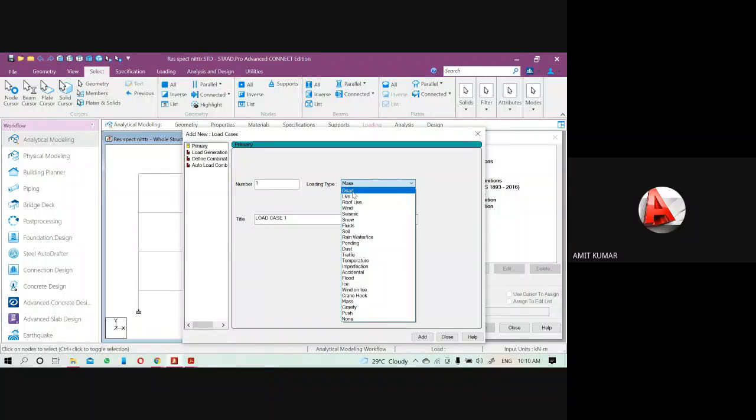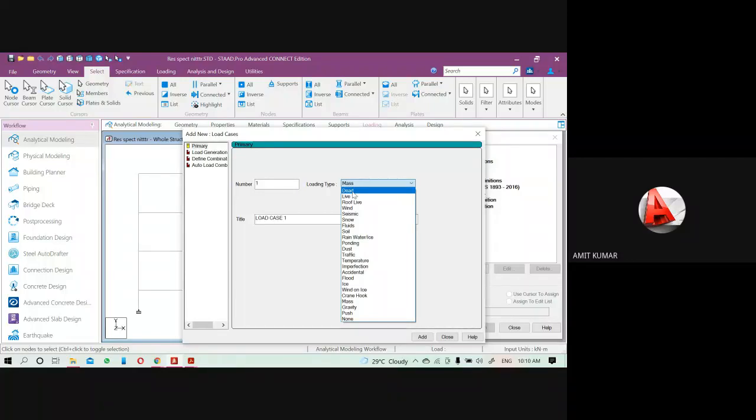But if you want to add only the seismic analysis, then in that condition you can give the dead load or live load before the seismic load also. But if you want to do the static analysis, then you have to add the seismic load before applying the dead or live load.